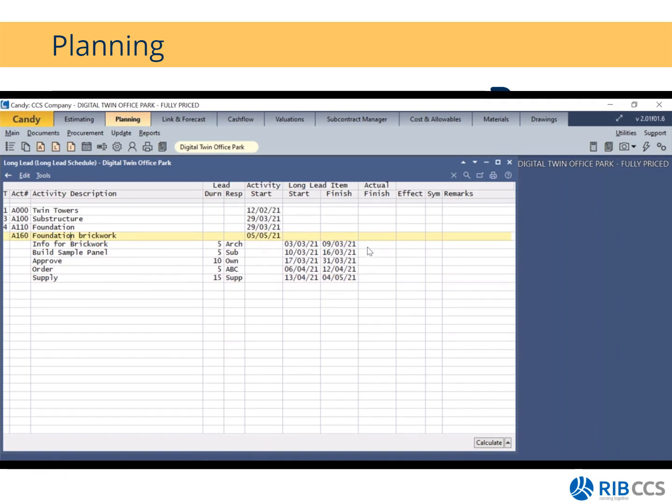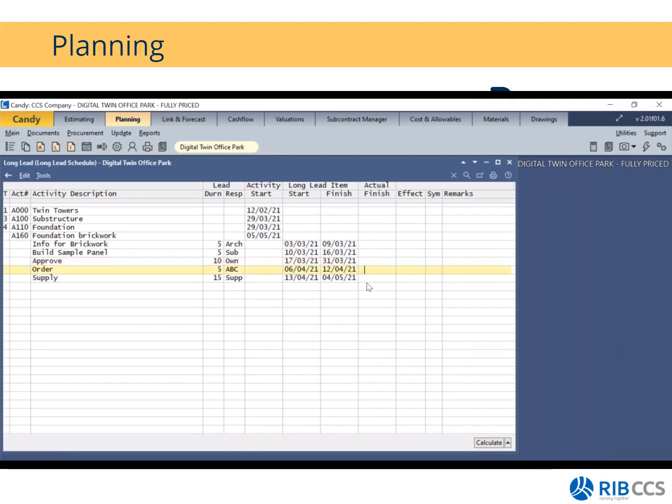All right, if there's a delay in any one of these activities, or items rather, let's differentiate between the actual activity. So we'll call these items. So if there's a delay in any of these items, it will impact the succeeding items, and ultimately it will definitely have an effect on my start date of the 5th of May, right? So you have a start date, you have a finish date,